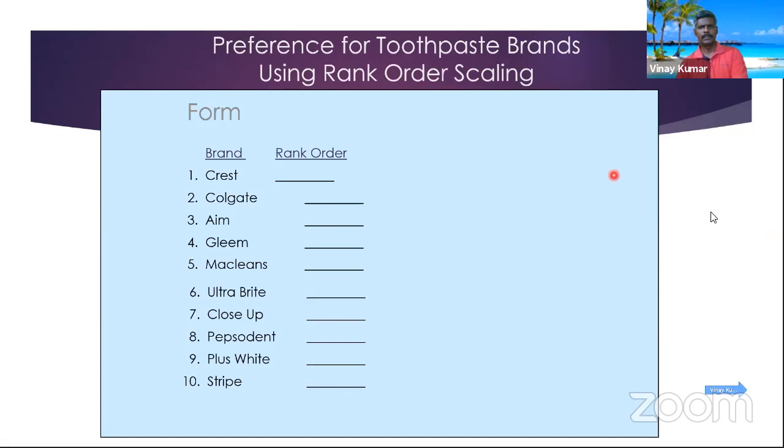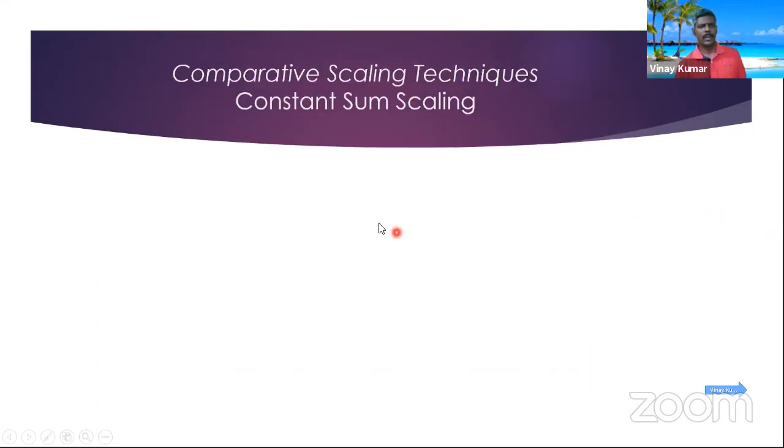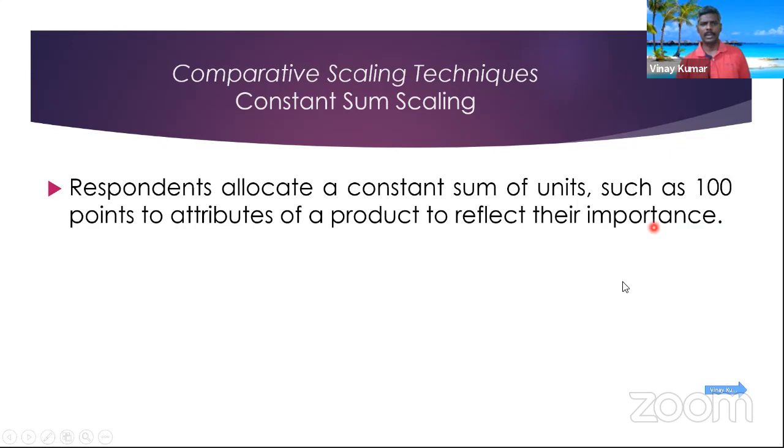That's an example. Then you have the third technique in the comparative scale. We have constant sum scaling. There's one more technique which can be used in measuring the data. So what does this constant sum scaling mean? Now, as the name itself says, respondents are given a chance to allocate a constant sum of units. For example, it can be 100, it can be 1,000 also. So the number is just an example. So it can be any number